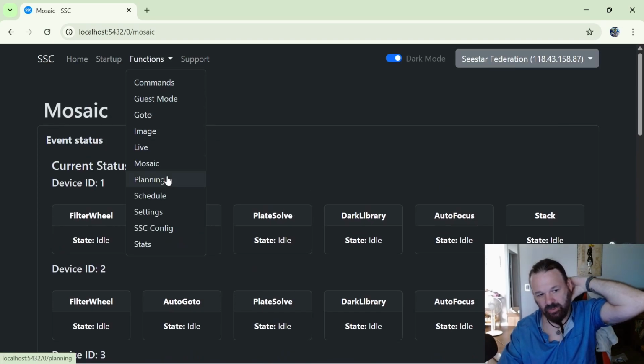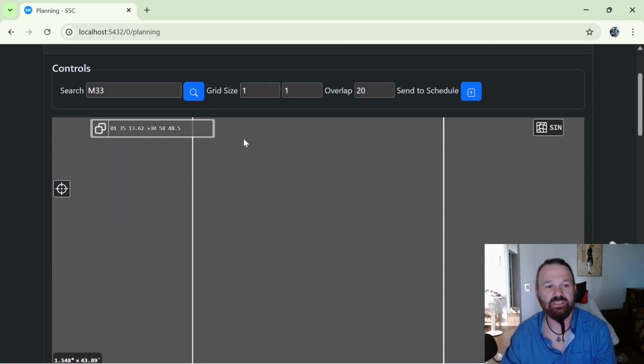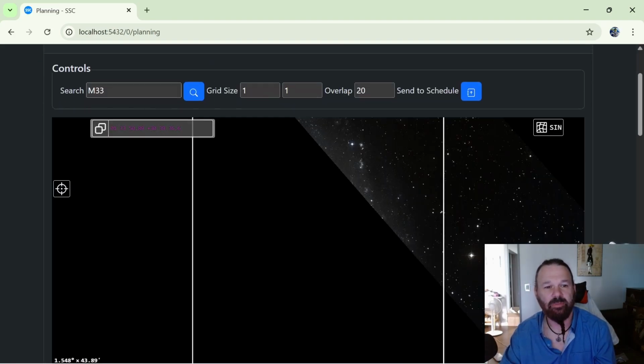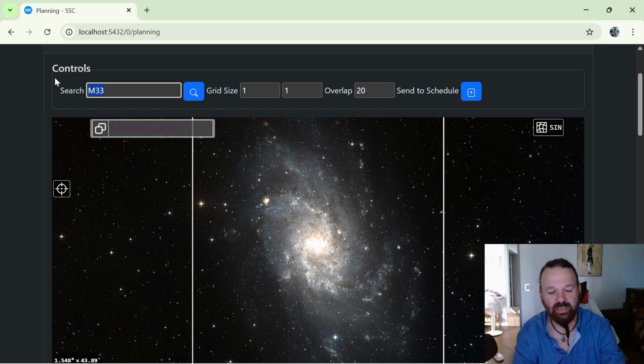Next one is going to be planning. You can plan mosaics here. You have to make sure you have experimental clicked to do this. It automatically defaults at M33, but if I want to plan a mosaic, let's say I want to plan a